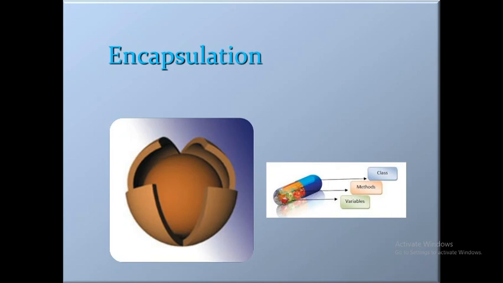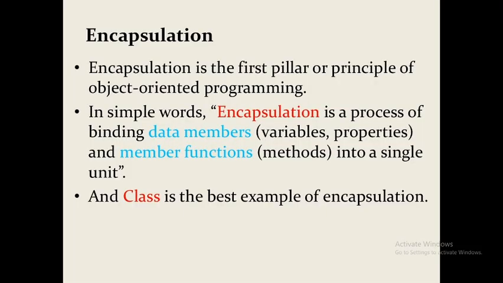And that is how we are ensuring the security in case of object oriented programming language. That is, encapsulation is the first pillar of object oriented programming language. In other words, encapsulation is the process where we are binding the data together inside the outside covering. That is, we have the outside covering, and inside that we have some content. That content is nothing but the data members and the member functions.